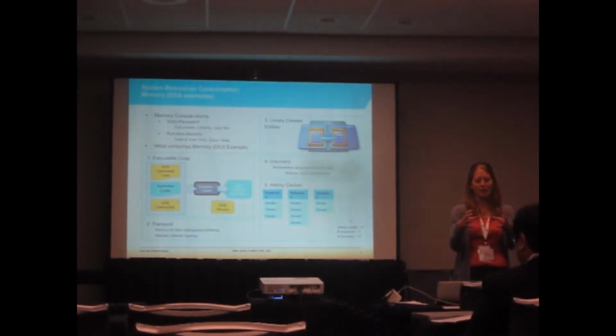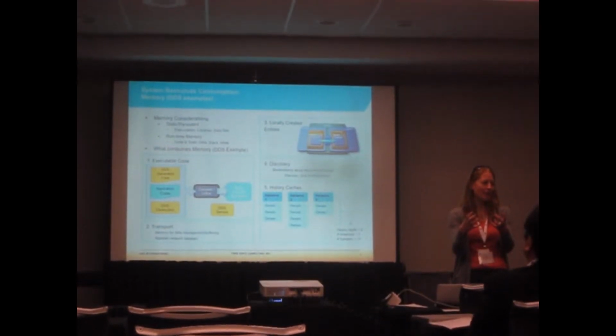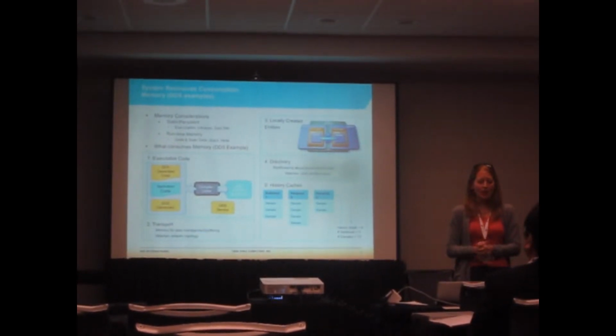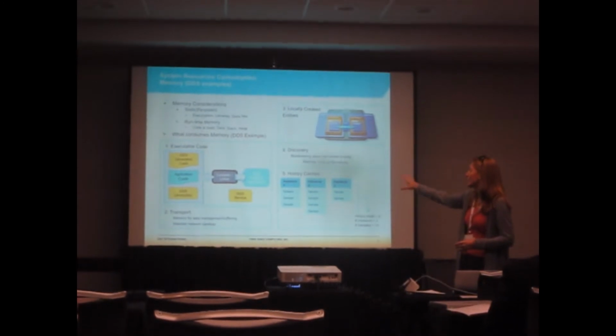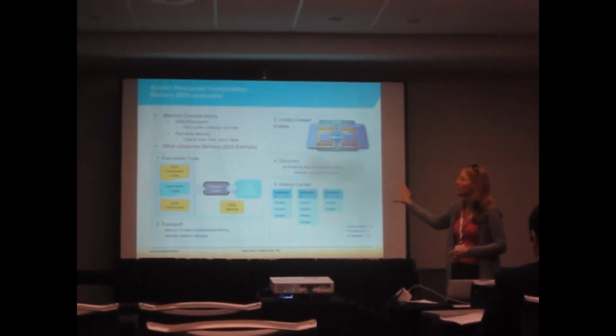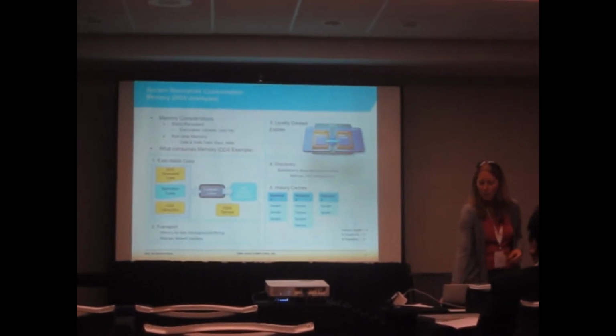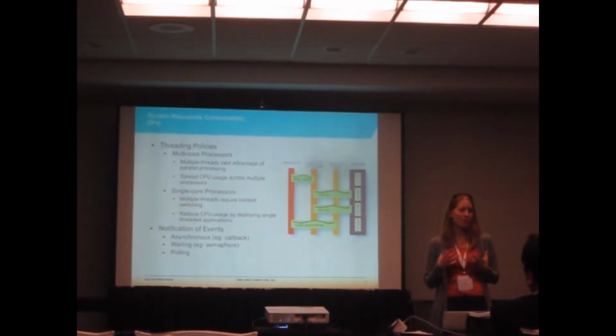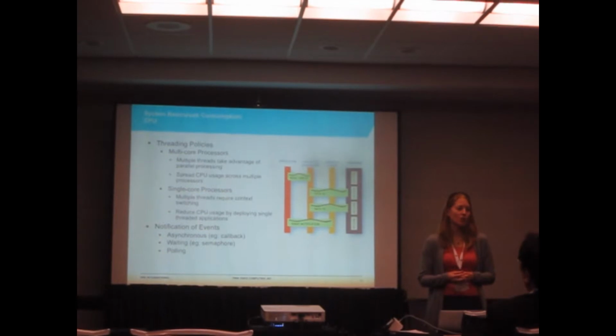And so there's this idea of a buffer or a cache at the writer side, and then again on the reader side. All right, so that was a little bit long-winded, but it's an example of the different parts of DDS that can consume memory. And then we go into resources for CPU, and what we look at for CPU is threading